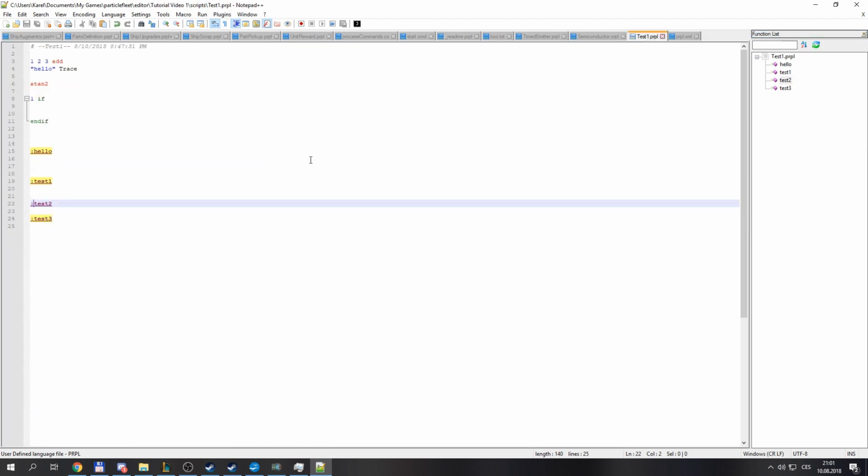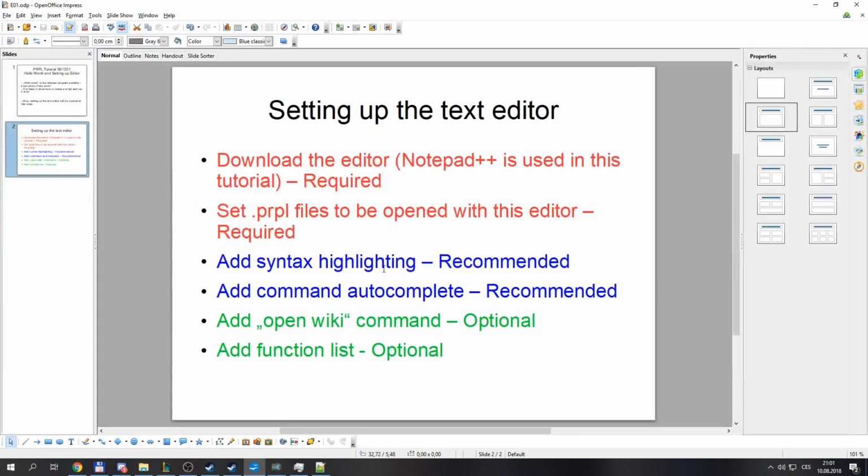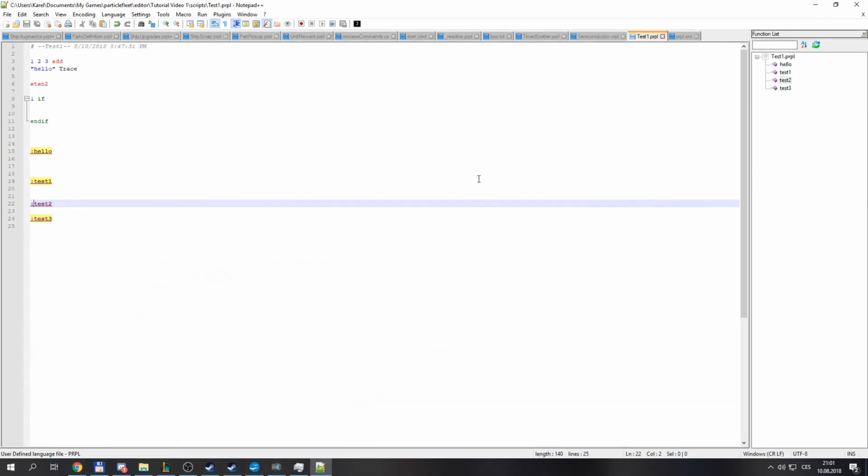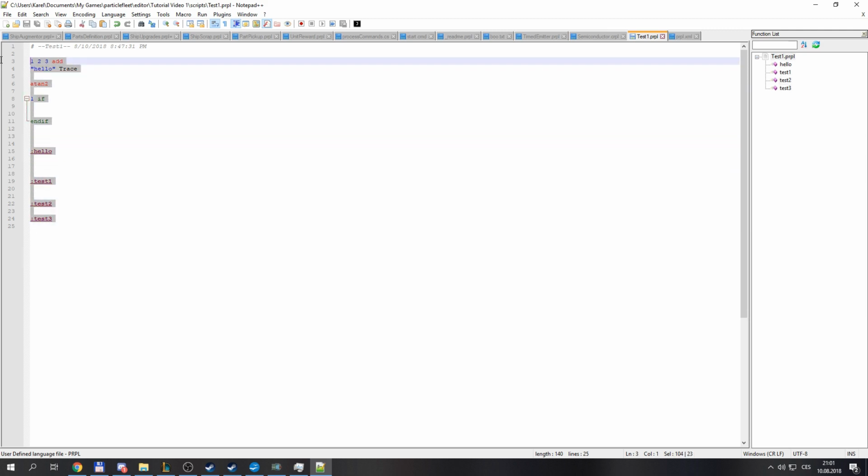Of course, we will start with small, easy scripts in this tutorial, so this will not be as useful with small scripts. But I say it now, so we have all the things that you can set in your editor in one place. Now, at this point, the editor is set up. You have all the things that you need in order to work. So let's finish this episode, and let's put the hello world